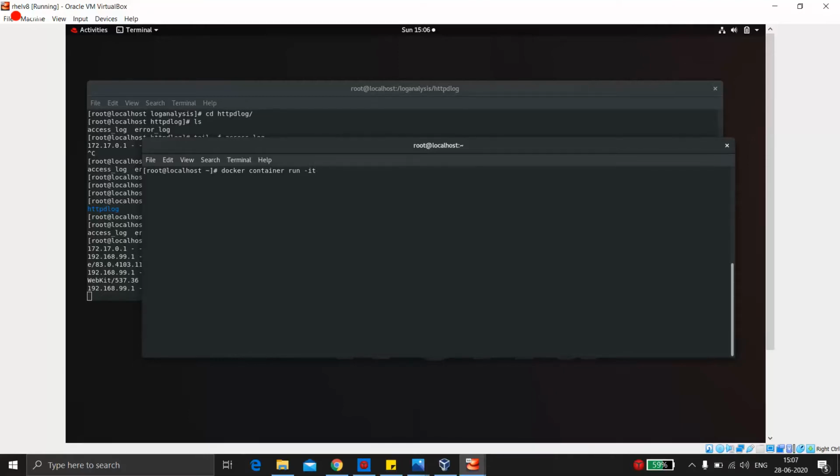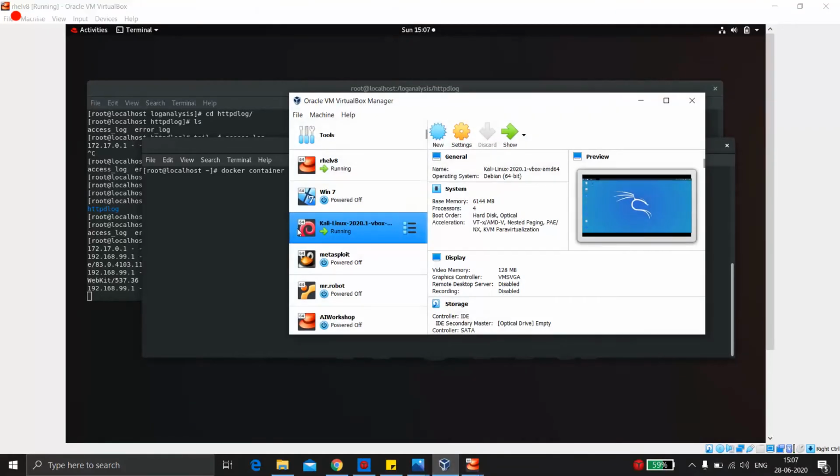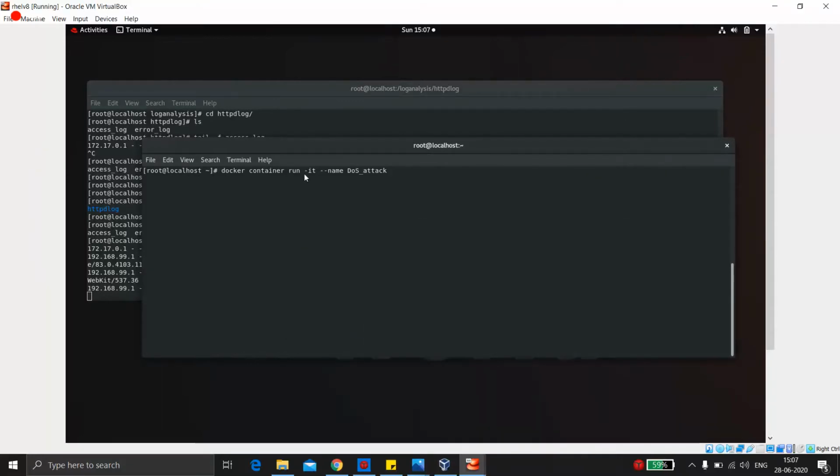We don't need to mount anything here because we just want to attack. So we'll give it the name DOS attack. It's just the name of the OS, like in VirtualBox we give names, like I gave RHEL version 8, Windows 7, Kali, etc. So this is something like that name, or you can even use it as a tag if you know something about AWS cloud or Kubernetes, some technology like that. So this is just a name or tag, and we want to run my image of